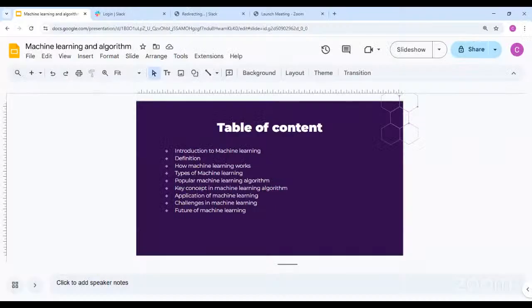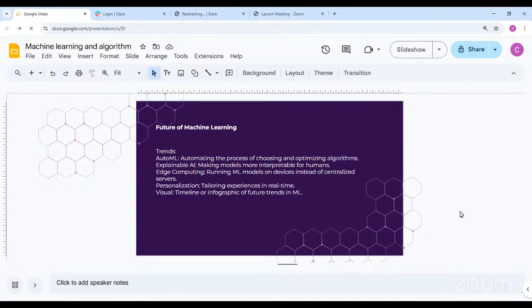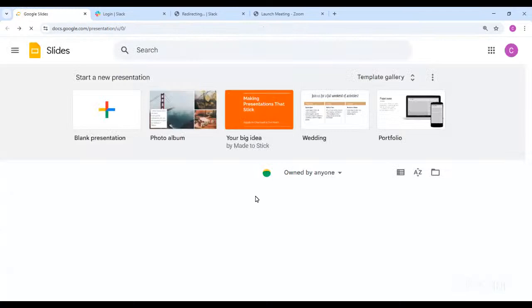algorithms. Some key concepts in machine learning algorithms and also applications of machine learning. That is how machine learning is being applied to usefulness. Then challenges we see or face in machine learning. Then what the future of machine learning looks like, how we can predict based on current happenings. And also we can ask questions. So at this point,